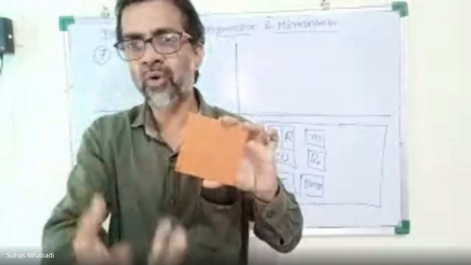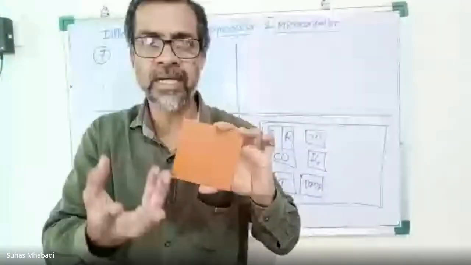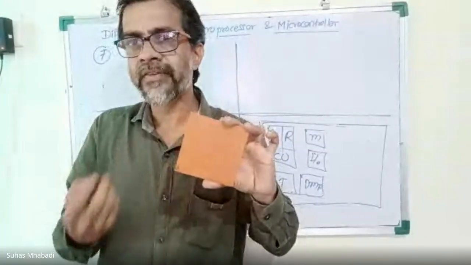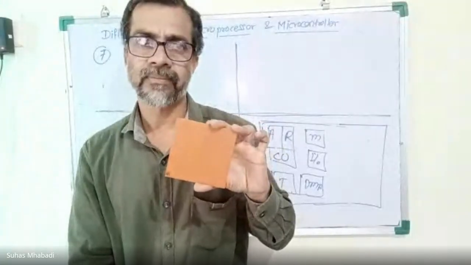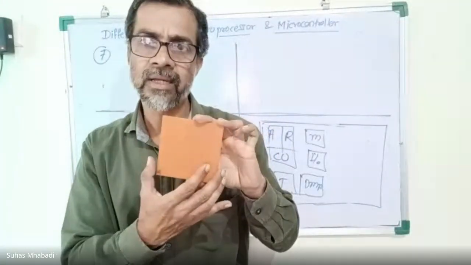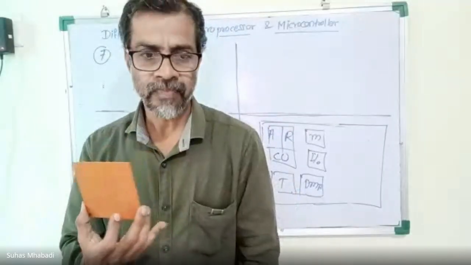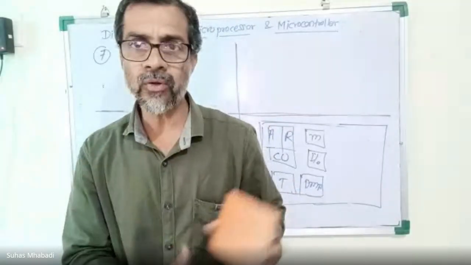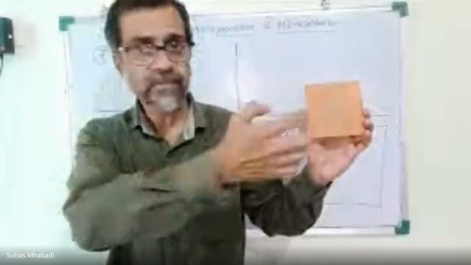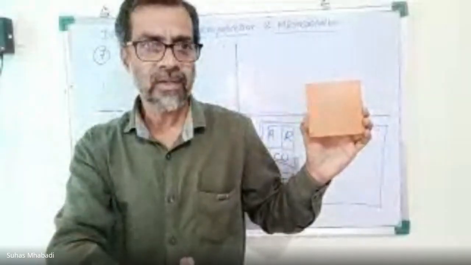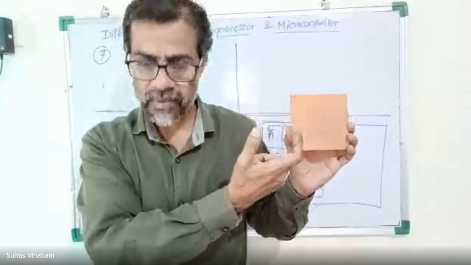I require decoders, I require address buses, data buses, control buses, different drivers. So hardware required in this case is large, obviously. But when I'm going to build the same system using microcontroller, that time the IC, ALU,